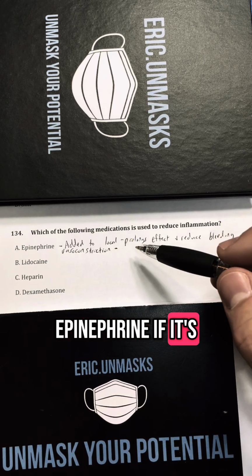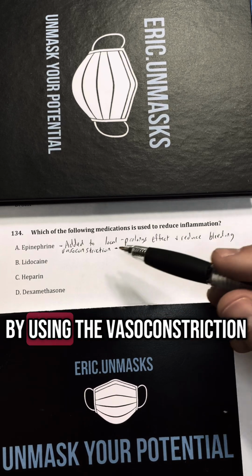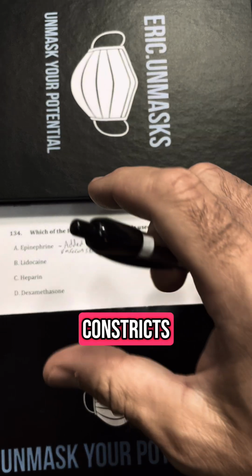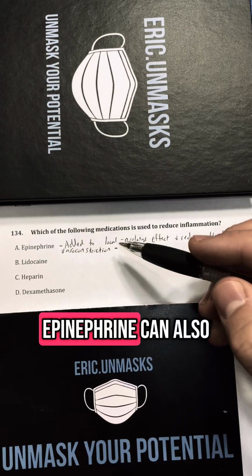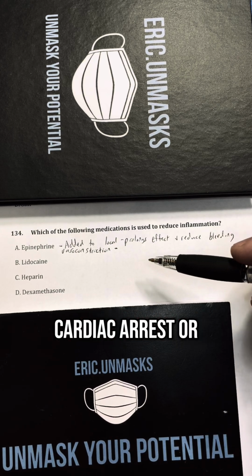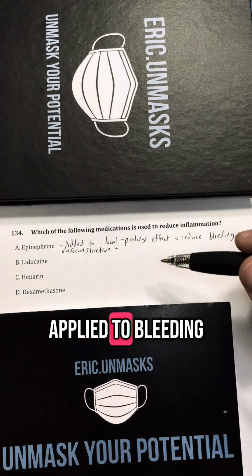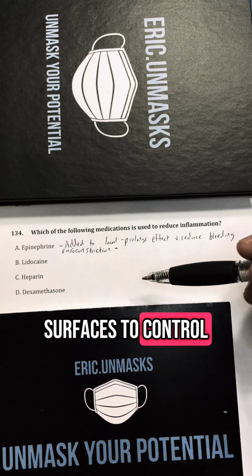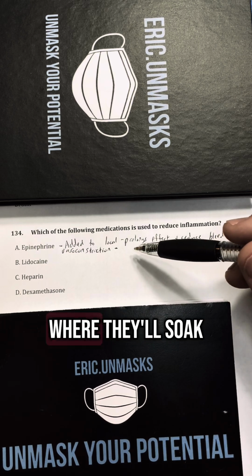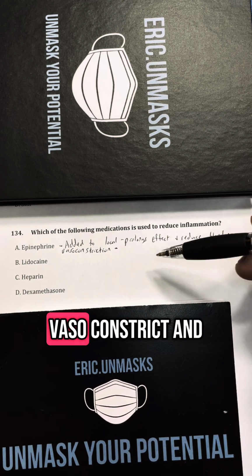Epinephrine, if it's added to the local, prolongs the effect and reduces bleeding by using vasoconstriction, which means it constricts and makes the vessels smaller. Epinephrine can also be used in an emergency for anaphylactic shock, cardiac arrest, or severe asthma. It can be topically applied to bleeding surfaces to control the bleeding. You see this a lot in ENT where they'll soak a neuropathy in epinephrine and it will vasoconstrict and reduce